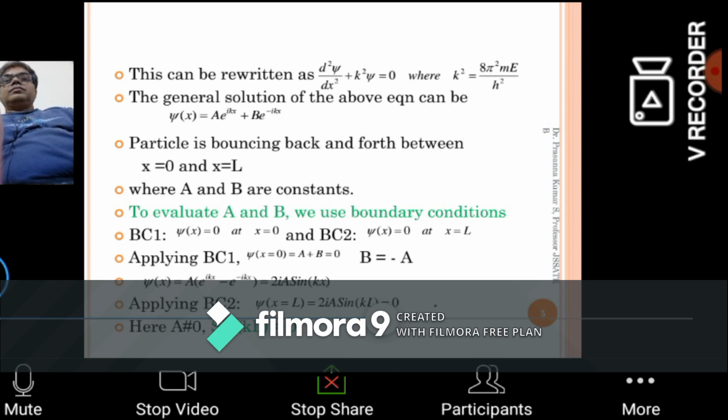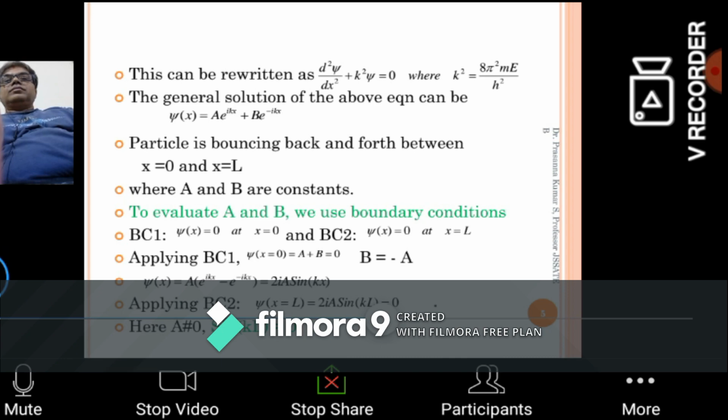Now, what do you mean by boundary condition? Imagine the wave is moving. When it comes to the walls, it gets reflected. So on the walls, the wave function doesn't exist. Therefore, psi of x is 0 at x equal to 0. And again it is reflected and comes to the other end. Again it finds a wall, so it gets reflected. So it has traveled a distance x equal to L. Therefore, at the other boundary, again the wave function is 0 at x equal to L. So you got two boundary conditions where the wave function is 0 at x equal to 0 as well as at x equal to L.